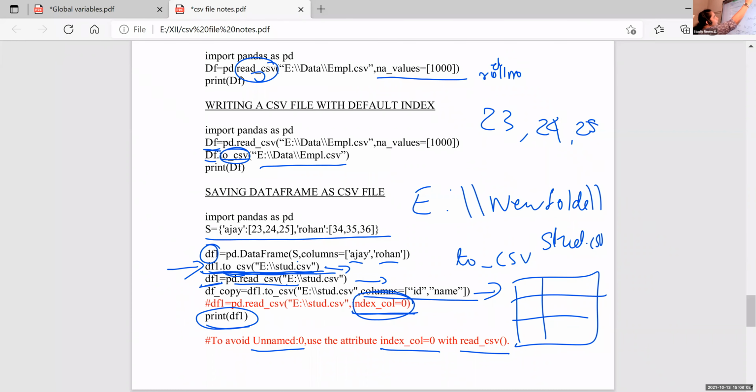Then in df2, the column name is roll number 1. So if at the time of concatenation I give axis equal to 1, it means after the df1 column, the df2 column will appear. Concatenation is based on column, that is first column, then second column. If it is 0, it will display all the rows of df1, and after that the rows of df2. You just check that example, axis equal to 1: roll number, name of df1, after that roll number, name of df2.